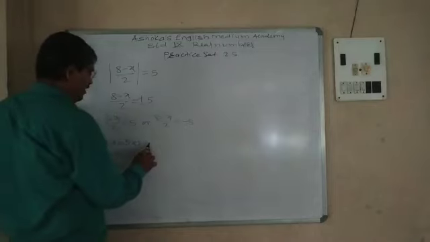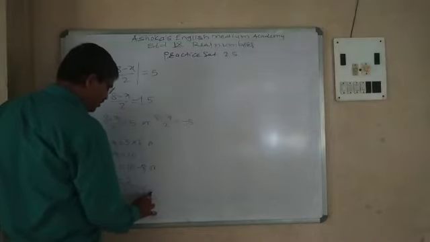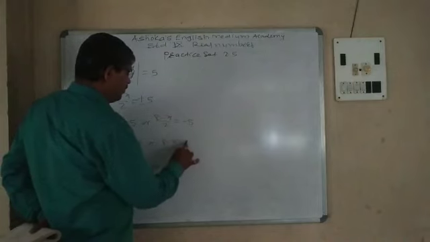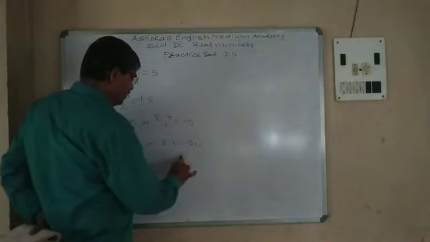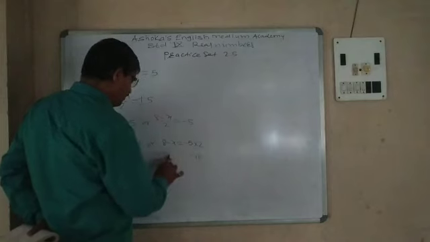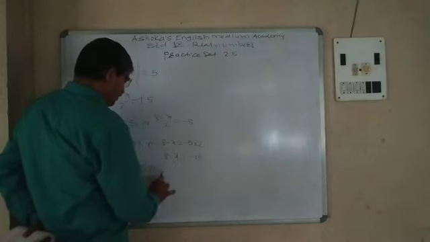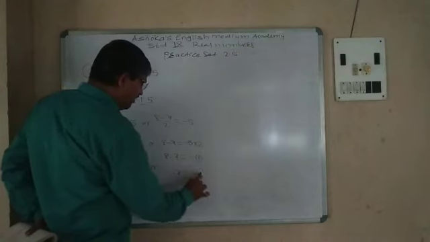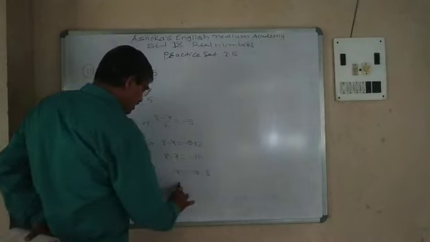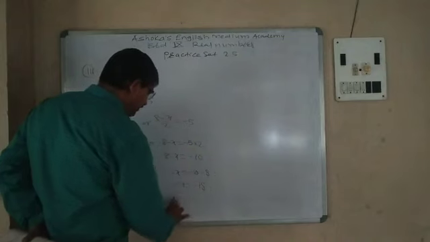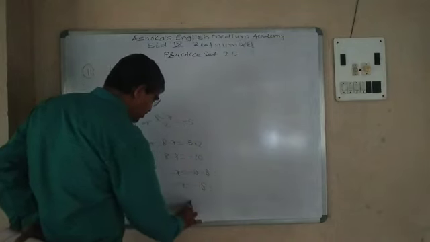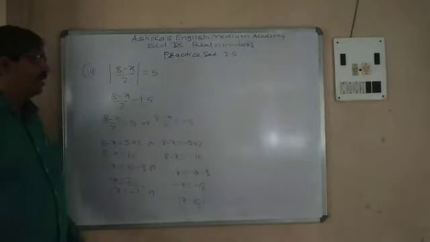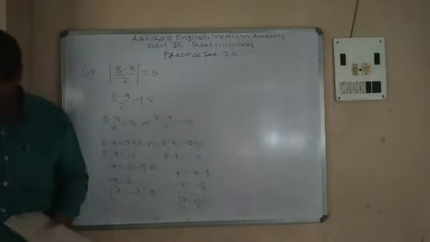Now in a similar way, or, 8 minus x is equal to minus 5 into 2, which is minus 10. Now minus x is equal to minus 10, and the 8 comes here becoming minus 8. Minus x is equal to minus 18. And thus the final answer is x is equal to positive 18, because both sides have negative terms. Now the last question, question number 4.